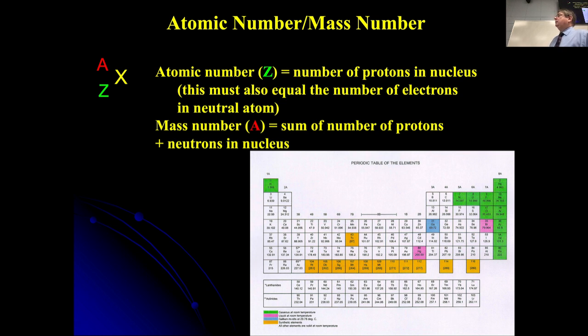An atomic number, right? So an atom, X would be like C for carbon, where Z is the atomic number. So the atomic number for carbon is 6. That's the number of protons in the nucleus. And then we also have this thing called a mass number, which is the sum of the protons and the neutrons. Okay, so we never write Z. There's no point in writing Z, right?